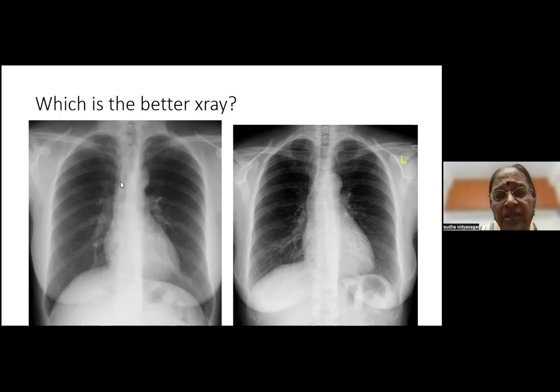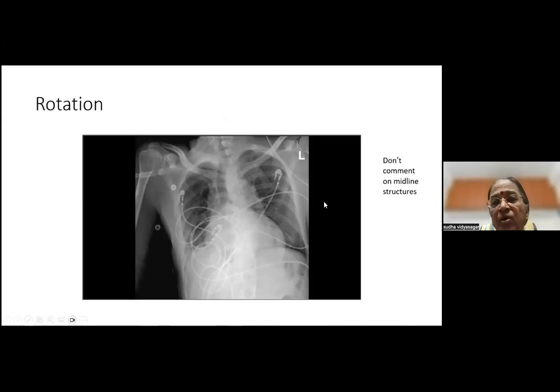The structures are never really seen on an X-ray. So having missed out all that, you can't change the position of the heart, you can't make it transparent. The only thing you can tell the patient is to take a very good breath so that the diaphragm really goes down and you get more and more of the lung that you want to image. So let's move on to the next one. Okay, that's about the